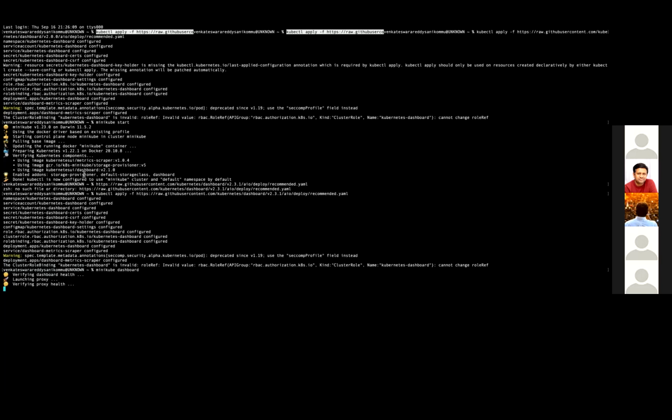It configured your Kubernetes. So Kubernetes is now running on the Minikube cluster. The only thing is we have to see the UI. Let's just wait, it will open the UI. Then from there, whatever YAML files we had, we can see on his machine.